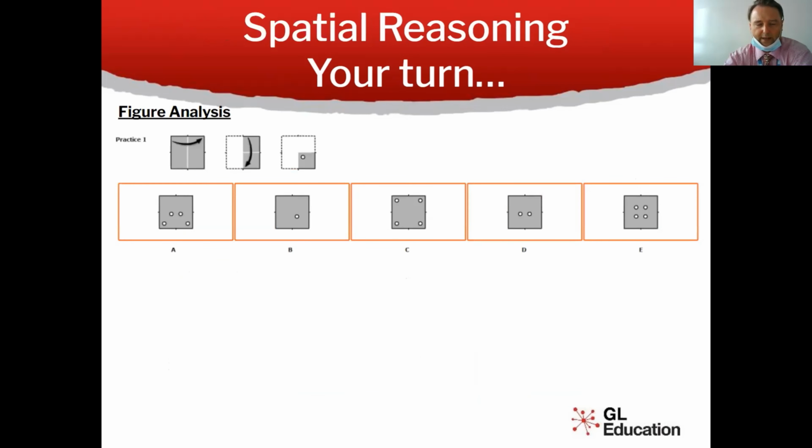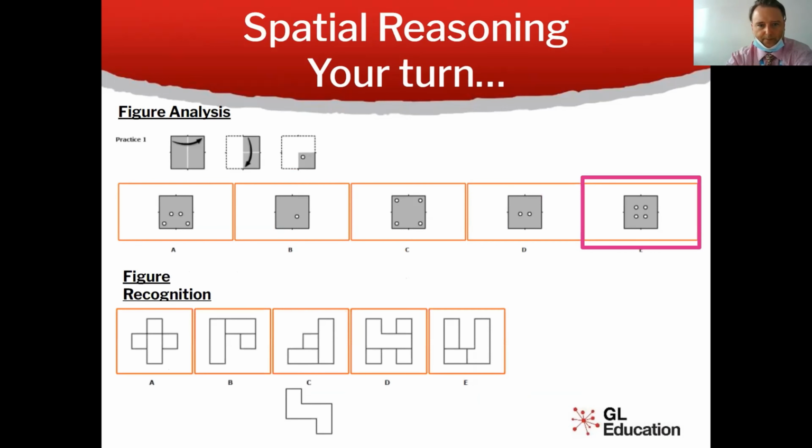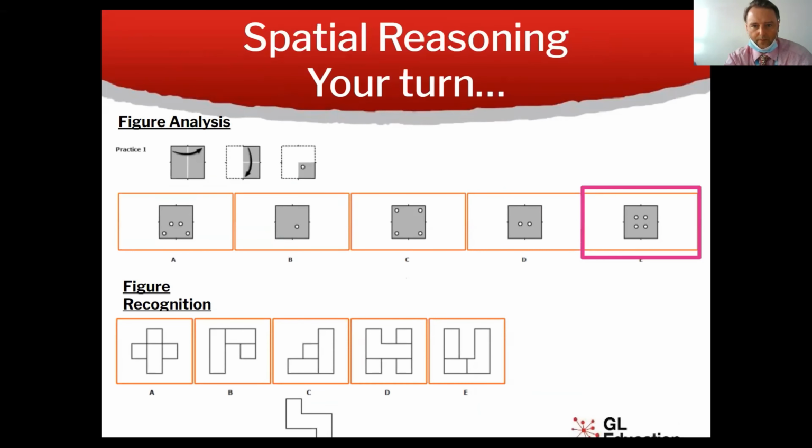And then spatial reasoning. Here, they have to work out what is most logical, what will logically be next in the sequencing. I'm not sure I can work that one out myself, to be quite honest with you. So this time it's shape and space they're looking for. Shape and spaces. Figure recognition. Again, shape and spaces is what they are looking for. And they have to work out which is the next of the logical.